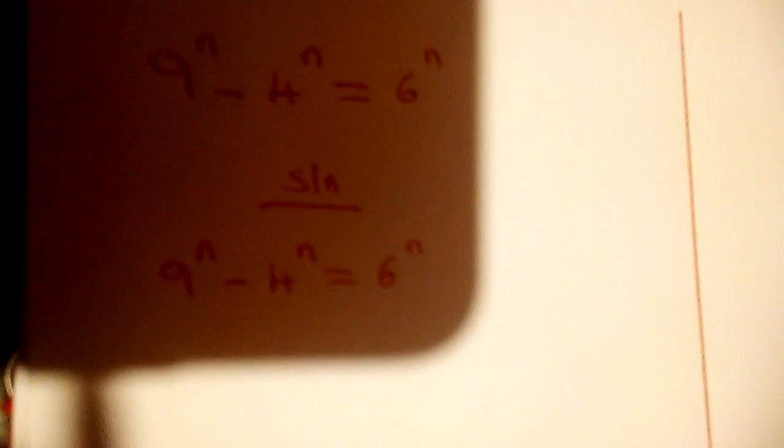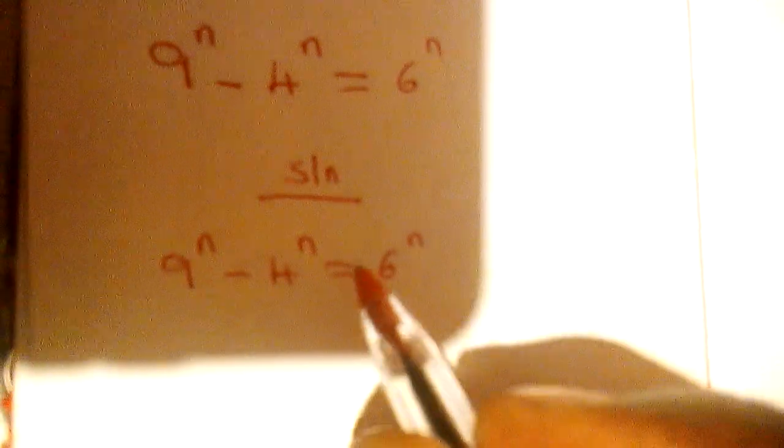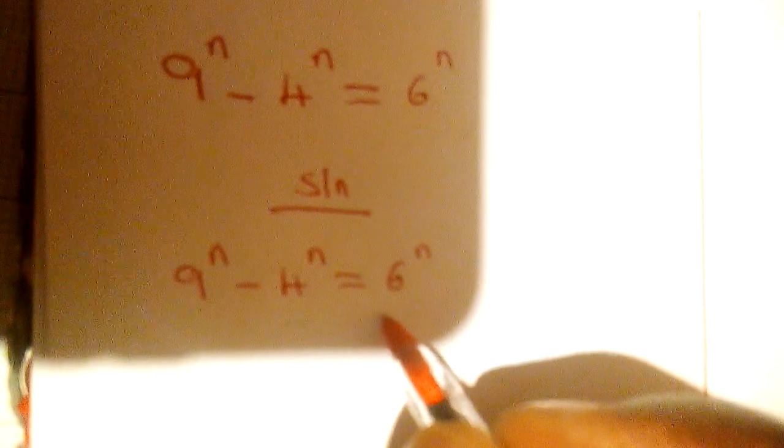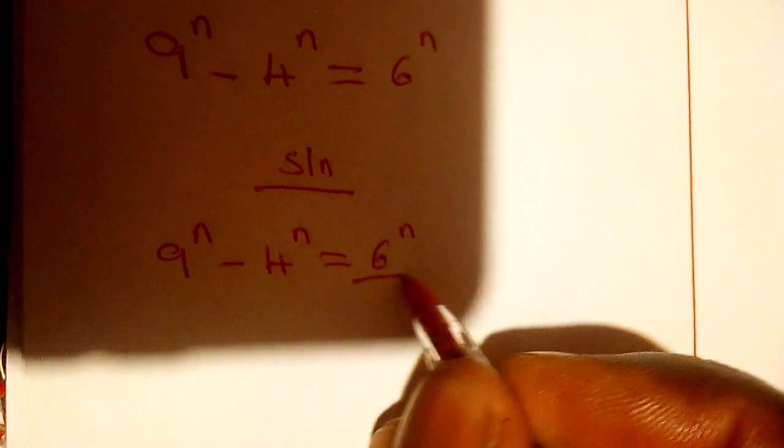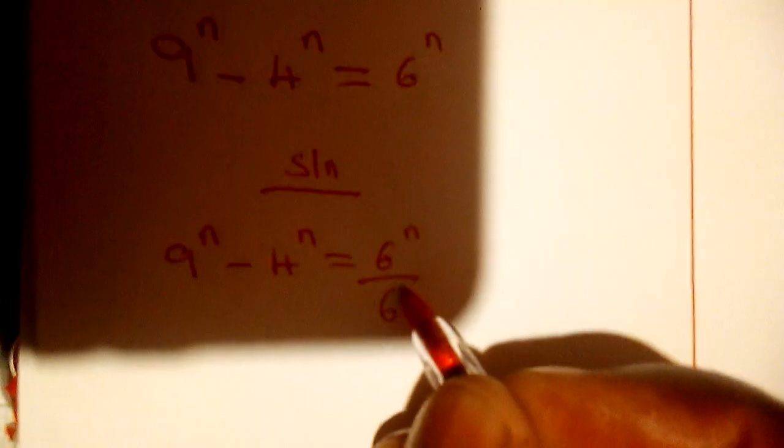So what you're going to do here is to divide throughout this particular equation by 6 to the n power. So divide by 6 to the n power, also here 6 to the n power, also here 6 to the power n. Once this is done, we simplify this. If you do so, we're going to have